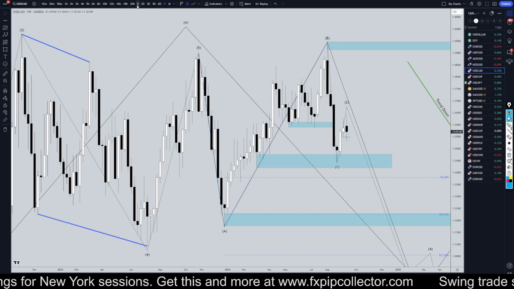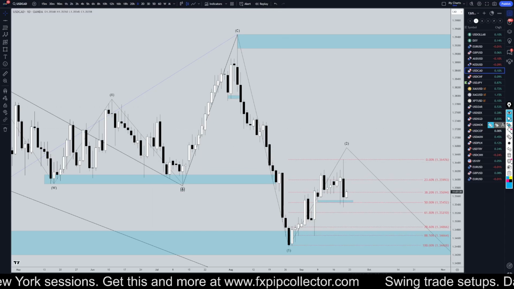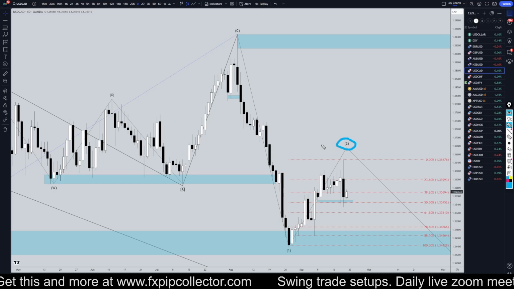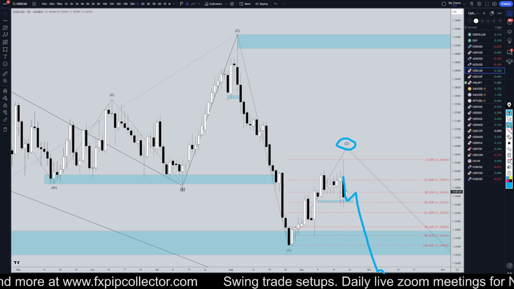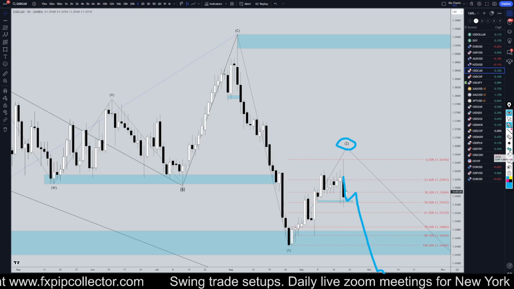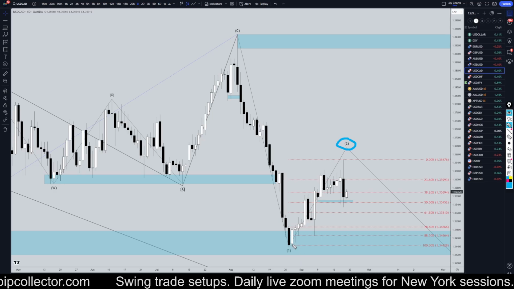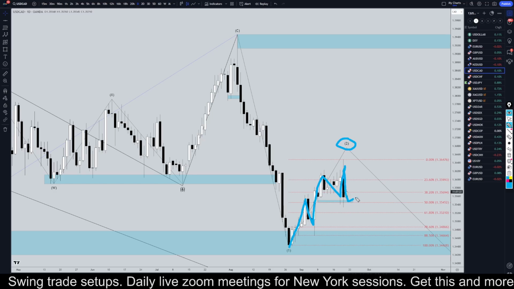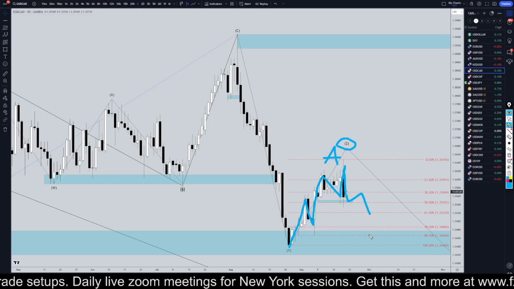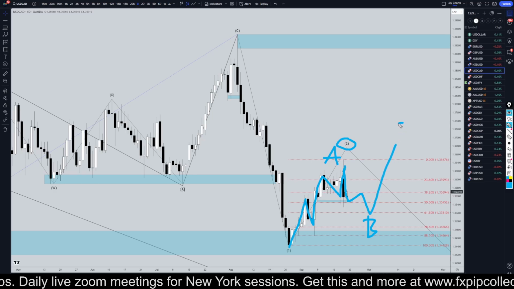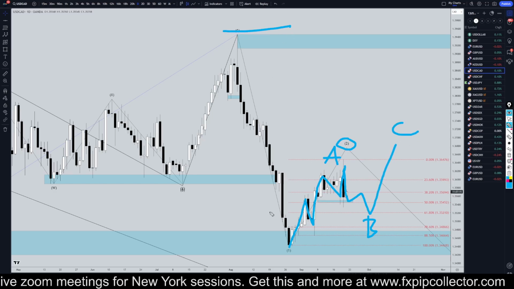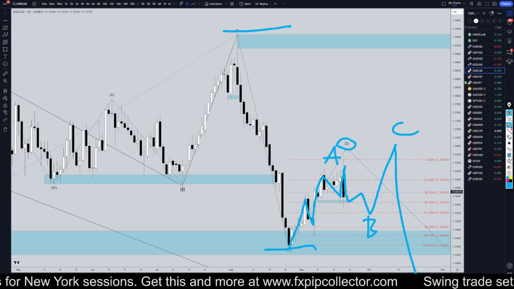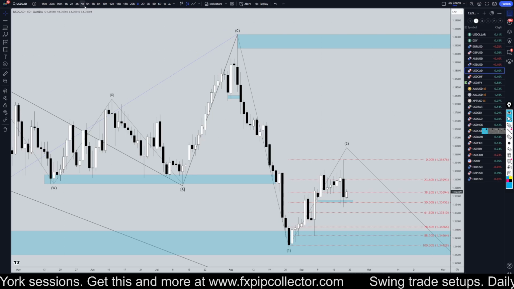So let's take a look at it on the daily time frame. On the daily time frame, the only problem I'm having, I was originally looking at this week and thinking, man, that wave two is likely over. It's likely just to start a new downtrend for wave three. But the more I look at this, the more I think that this is a 1, 2, 3, 4, 5, and that this is actually a wave A, and this is actually a wave B, and it's likely to go up for a wave C, which would probably be a bigger retracement to this move down before it really continues the downtrend. Definitely could be a very likely possibility.